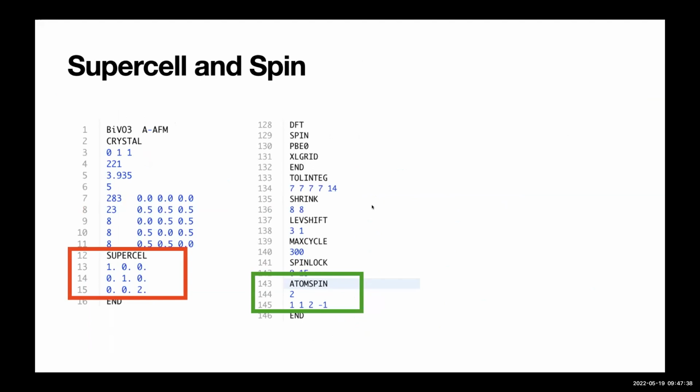One additional thing I wanted to mention is the supercell feature and atom spin. Shown here is a calculation for antiferromagnetic bismuth vanadate. For A-type AFM, for this specific compound, we compute this supercell using the supercell keyword. The 3x3 matrix I was showing here